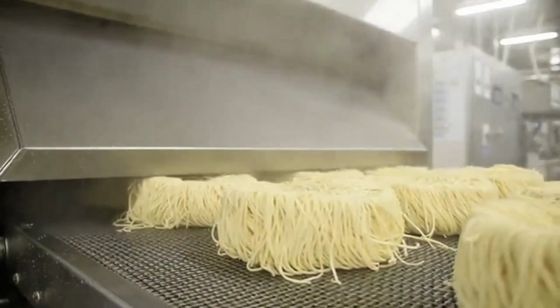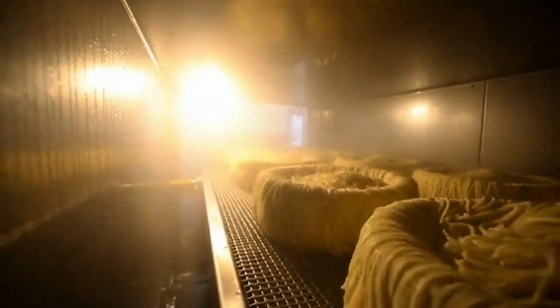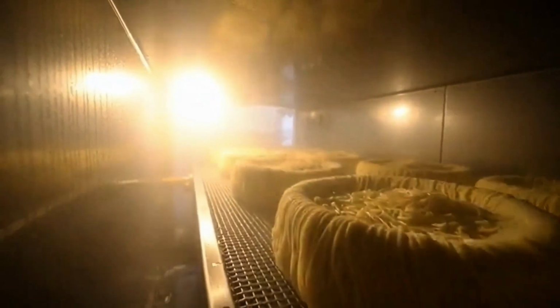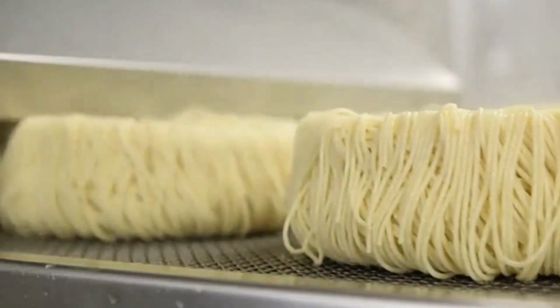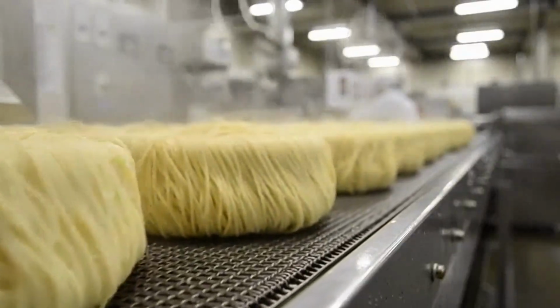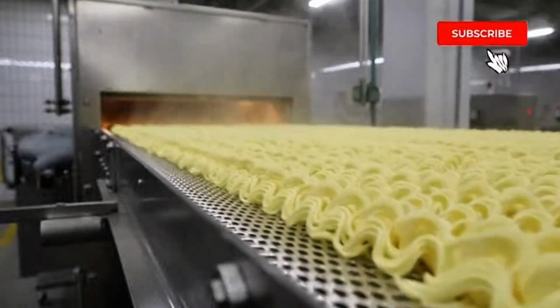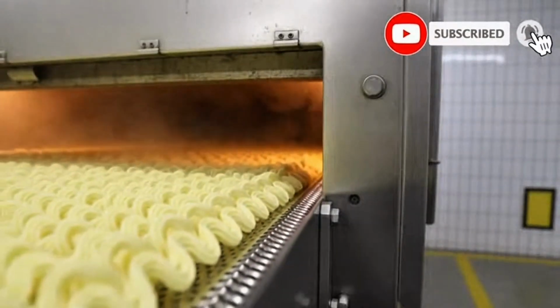The raw noodles now enter a crucial stage, the steam bath. This cooking process makes them pliable and gives them the texture we expect, preparing them for their final form. Now, the noodles enter the steam cooking chamber, a critical step that gives them their unique texture and prepares them